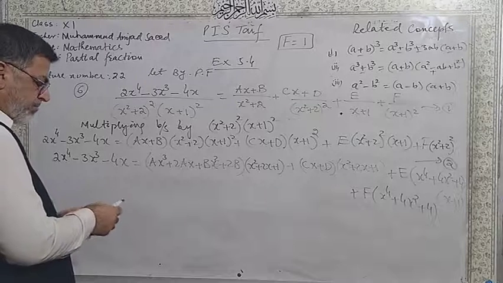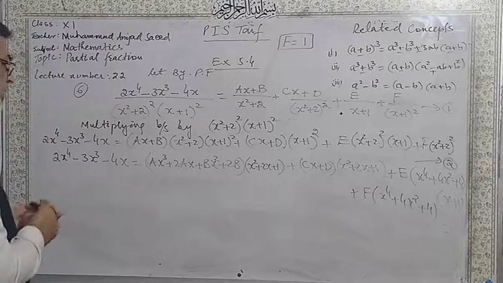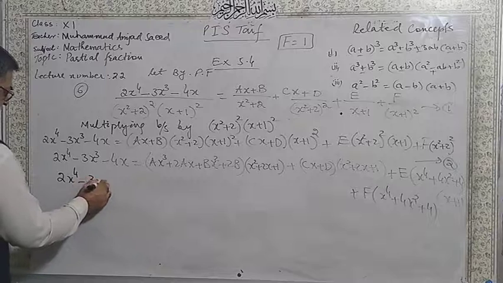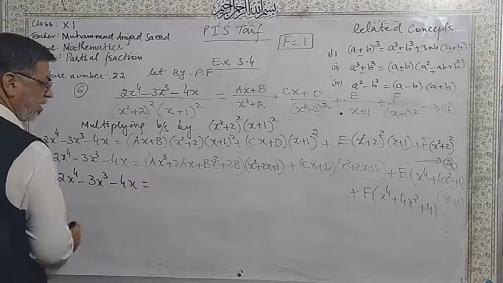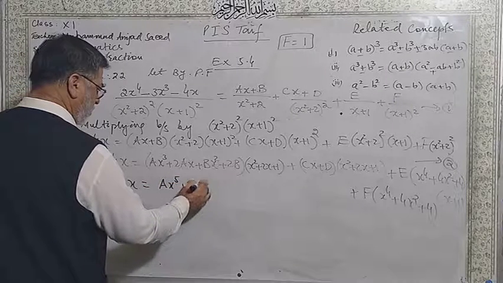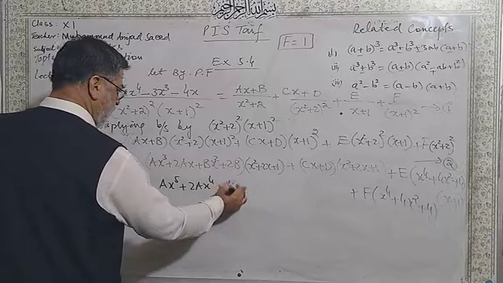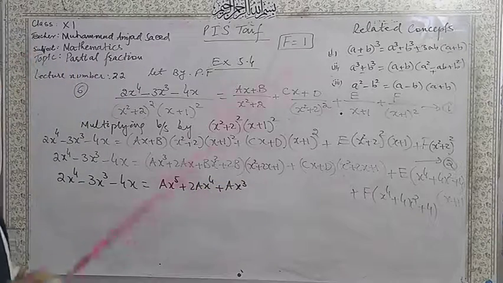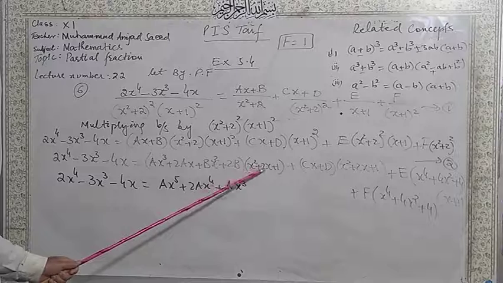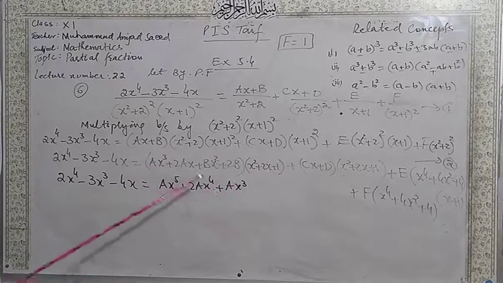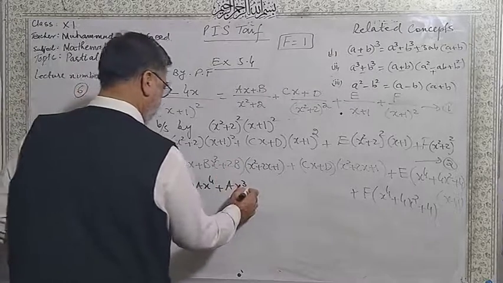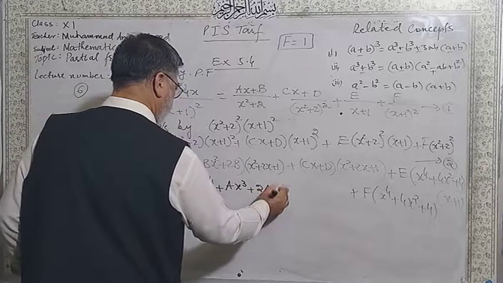After that, we have 2x^4 minus 3x^3 minus 4x is equal to ax^5 + 2ax^4 + ax^3. I am taking this number, ax^3 multiplied by x^2 is ax^5, then 2ax^4 plus ax^3. Now 2ax^3 here, plus 2ax^3,